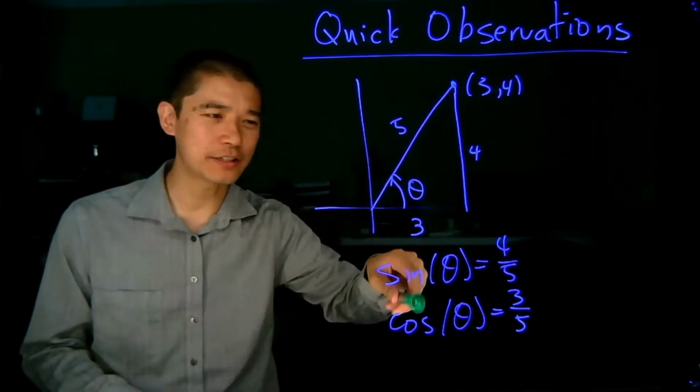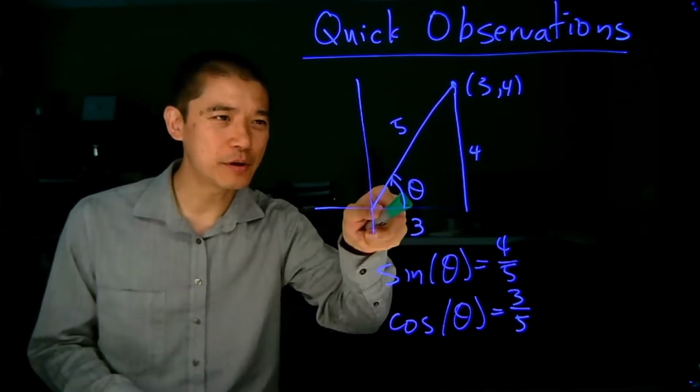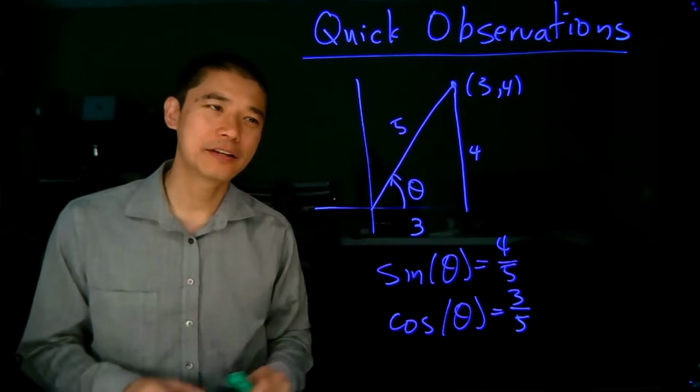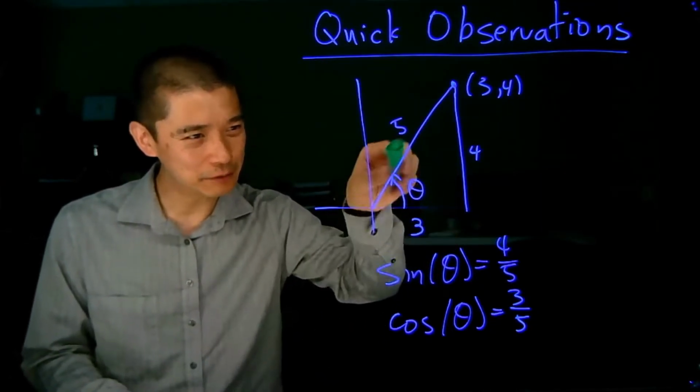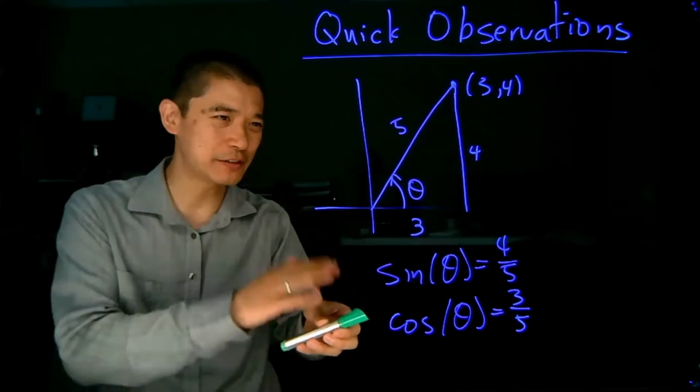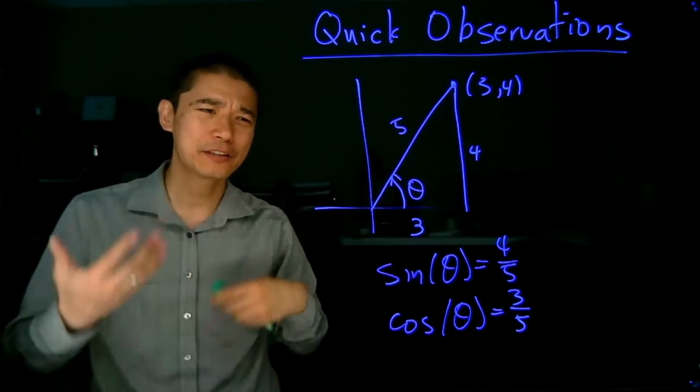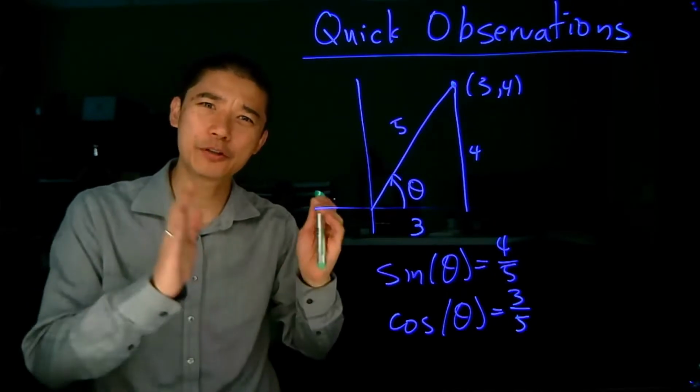In this whole process, we calculate sine of theta and cosine theta, but we still don't actually know what that angle is. Now, if we stare at the picture, we can do some basic geometry. If we look at this, it's more up than horizontal, so that makes it look like the angle is bigger than 45 degrees. There are a few observations we can make like that, but we don't know the value of